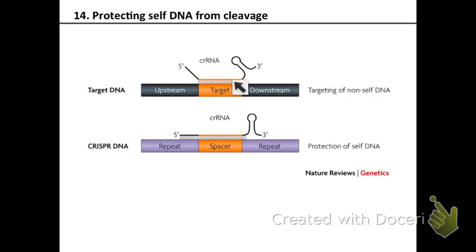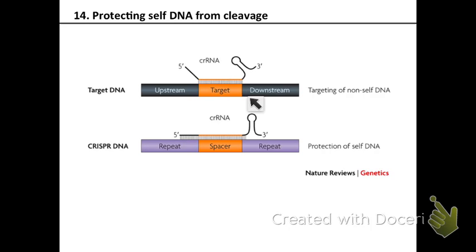So in the target DNA, this CRISPR RNA has the repeat sequence that is not going to be complementary to the target DNA, while that 20 base pair spacer is going to be perfectly complementary to the target, and now you're going to have a hairpin structure, and this is going to form the complex along with the tracrRNA and the Cas9, and the Cas9 will have the correct conformation to be able to cut